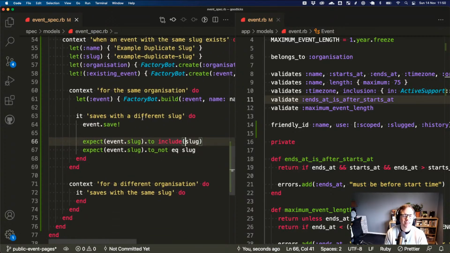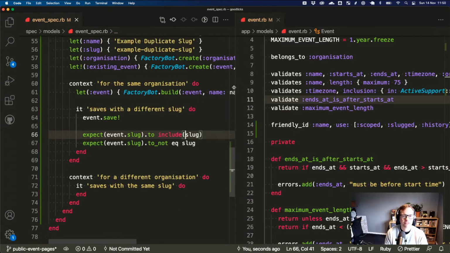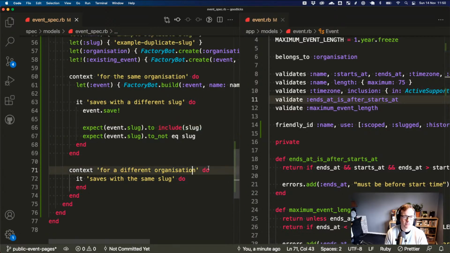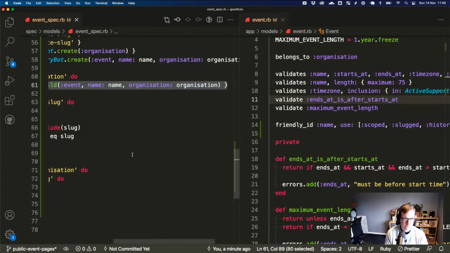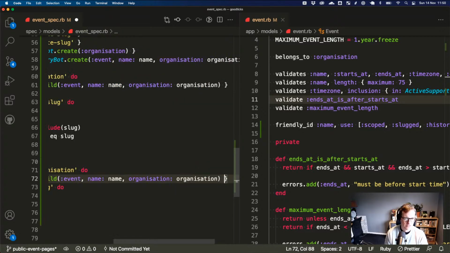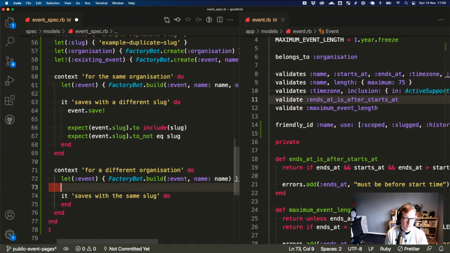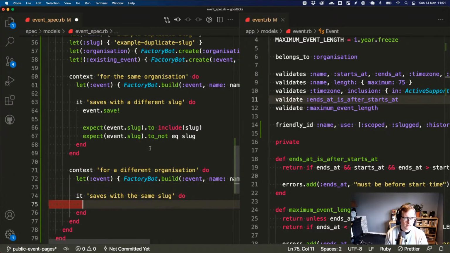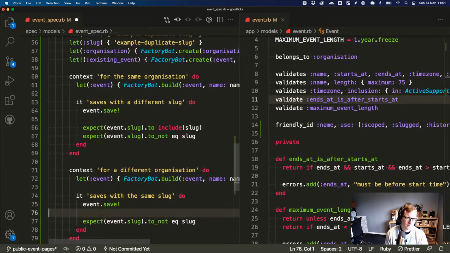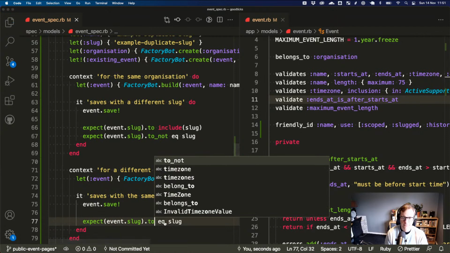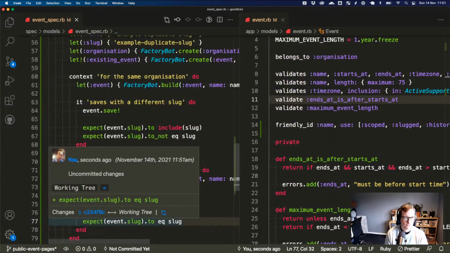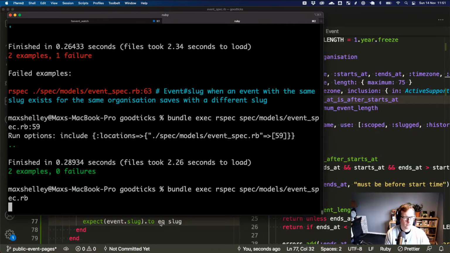Difference between writing code for quote unquote real code and writing code on the stream is that we just want to get this done. So here, for a different organization, we can now do that. Still, again, with the same name. It saves with the same slug. So here we do want this. We do want it to hold that. Not just 50. I don't think we can do all those now.